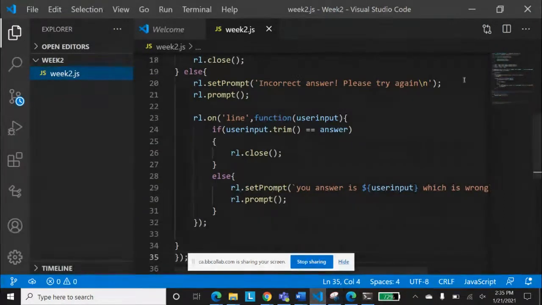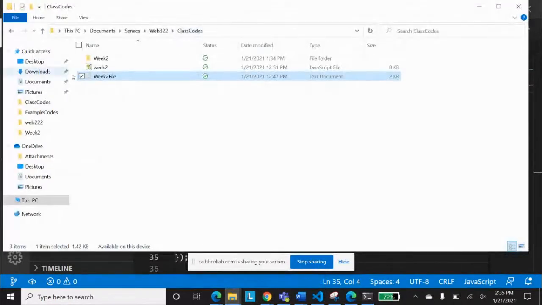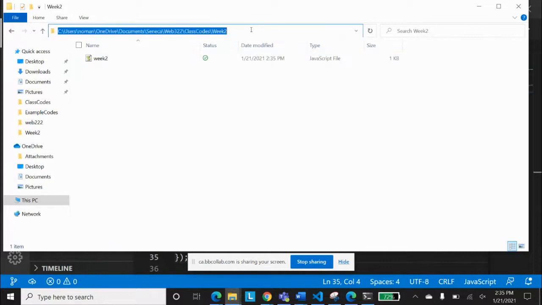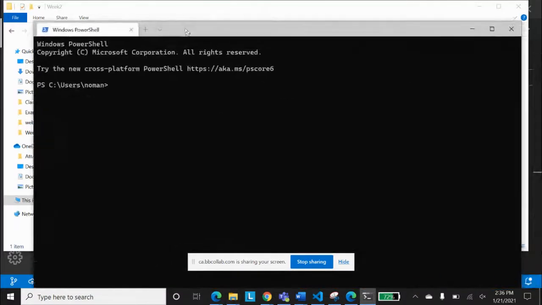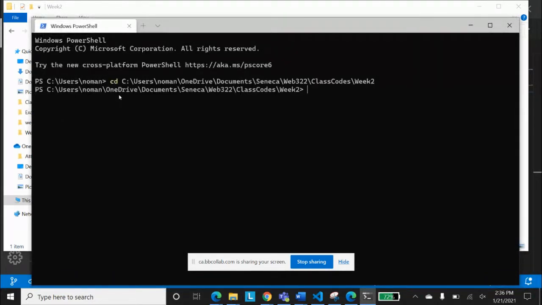Okay, I'm using this week 2 folder. That's good. Let's copy that. This is my path for the file. I'm opening that in the terminal. I hope you can see my terminal as well. So cd, and okay, now I'm inside that folder in my terminal, right?